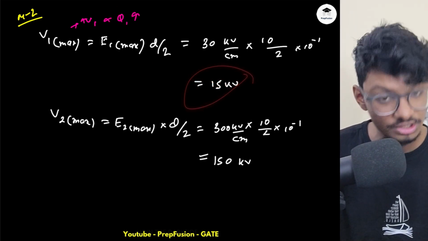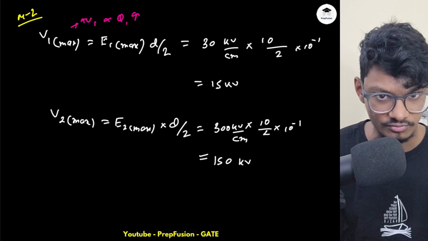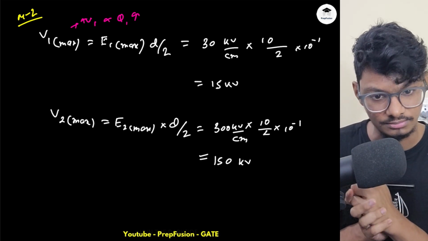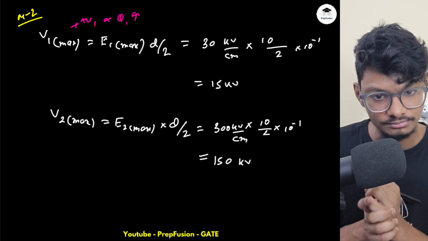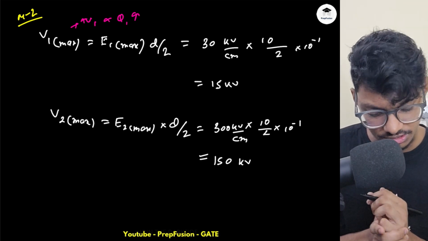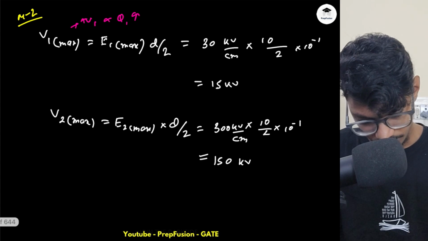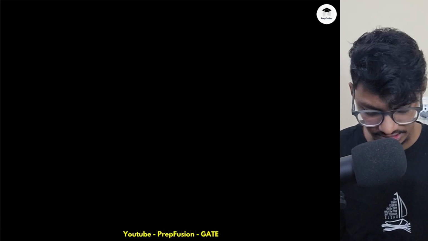So obviously I will choose the lower of the voltages. I will choose the lower voltage, correct? But it's better to choose with the charge case only. It's better, but you can choose otherwise as well. How can you choose it? You can use two things. What you can do is, now you know the V1 max, right? You know the V1 max. Now you compare with respect to the